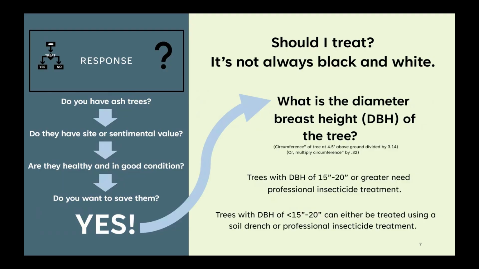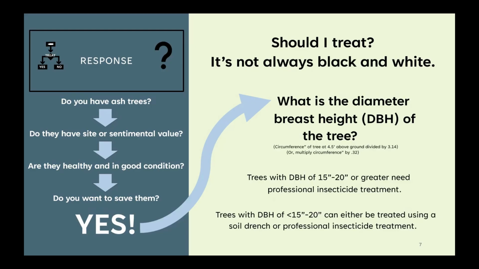And then aside from location, there's a few other questions to consider when navigating the decision-making process, including: do you have ash trees? Do they have site or sentimental value? Are they healthy and in good condition? Do you want to save them? Do you have funding to save them? And if the answer to any of those questions is no, you will likely not be seeking protections,